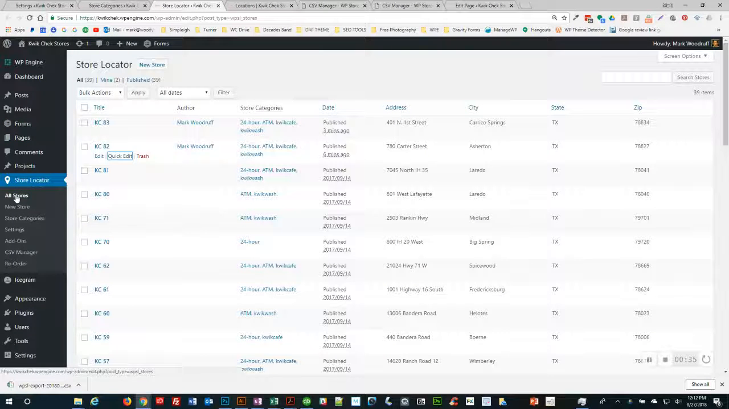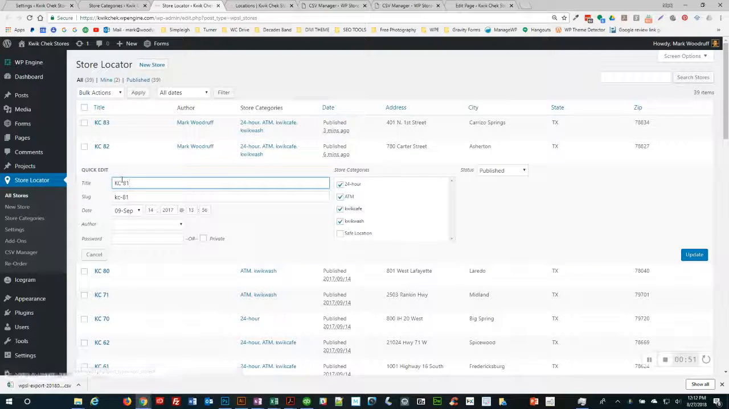If you're in the store locator, all stores, you get a list of all the stores. I'll show you some basic information. And of course, you can edit any individual. You can add a new store here, but you can also edit a store right here. There's a nice quick edit feature that doesn't open the entire thing. It just gives you a little peek here,